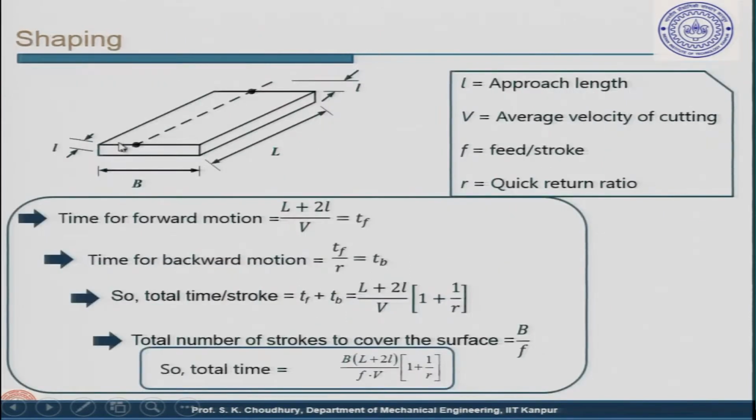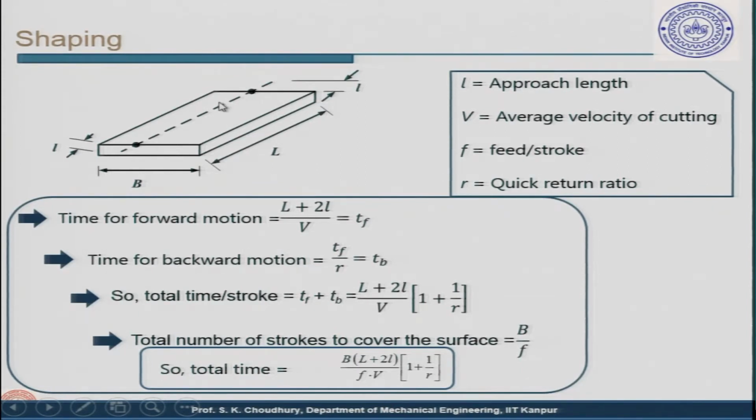Okay. In case of shaping, if we have to calculate the total time that is taken to machine a part, this is a little different than the turning, because here we have to take care of the strokes, and a few strokes will make the complete machining of the, let us say, width B. Let us say in this case what happens is that the tool remains somewhere, and when it is coming from the initial position to the contact with the workpiece, it comes at a higher speed, because it is moving in the air, all right.